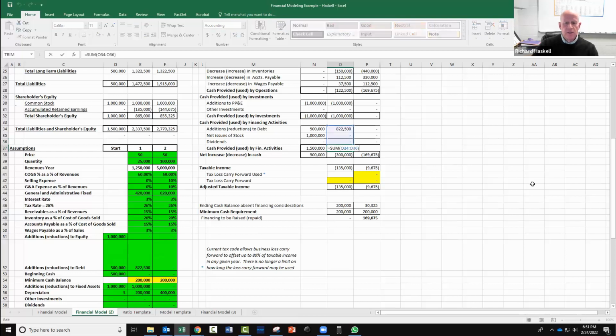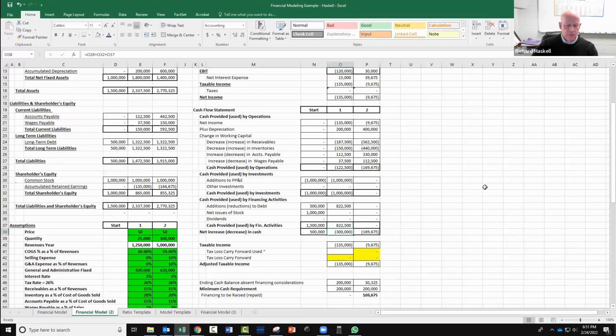I then sum these for my cash provided or used by financing activities, and then I take a summation of the three categories of cash flow: operations, investment, and financing, and come up with my net increase or decrease in cash,